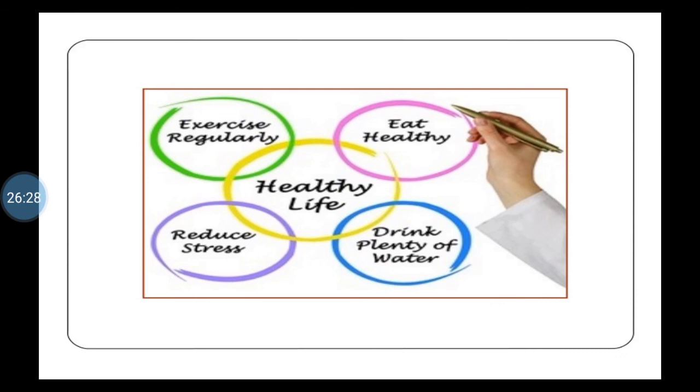The tension can be avoided in our life by following yoga or light exercise, and always drink plenty of water. By drinking water, our circulation of the blood is proper, we get oxygen in adequate amount, and the oxygen will reach all parts of our body. So these are general health tips for leading a healthy life.